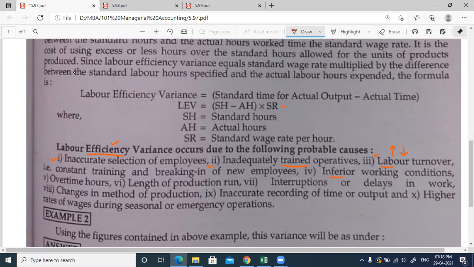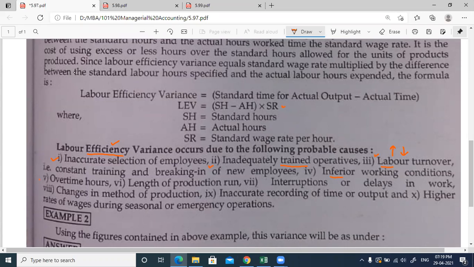The working conditions are not favorable for the worker to discharge his duties with efficiency and speed. If there is no proper light provision for the worker doing very delicate work, he may have stress on his eyes and consume more time. If there is no proper air conditioning or ventilation, that will affect the health and efficiency of the worker. If there is no proper personal hygiene, like washrooms, or drinking water facilities, that too will affect the efficiency of the worker. So that is again one reason that we have labor efficiency variances.